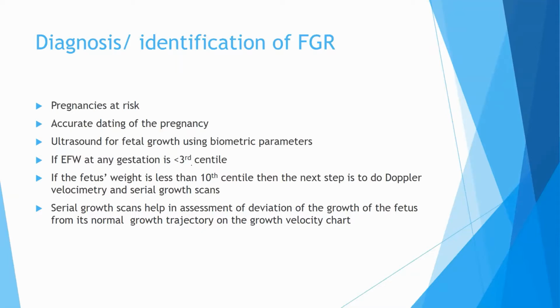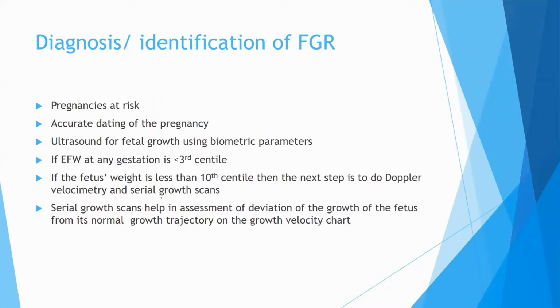But in general, if the fetus is less than the 10th centile, the next step that we should do is to do the Doppler velocimetry, and then also put the baby on surveillance for serial growth scans. In terms of the serial growth scans, this will help in assessment of deviation of growth of the fetus from its normal growth trajectory on the growth velocity charts, which I showed you earlier, and this will also help us to establish the diagnosis of fetal growth